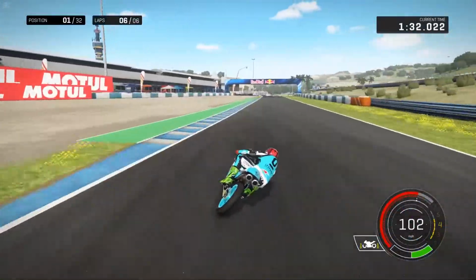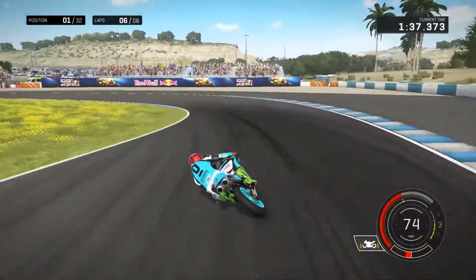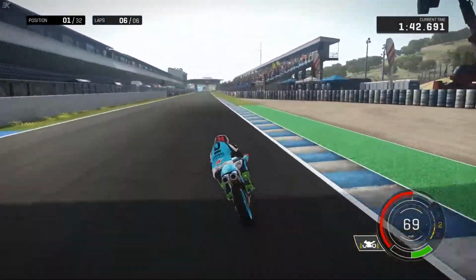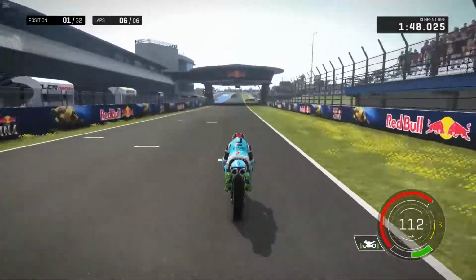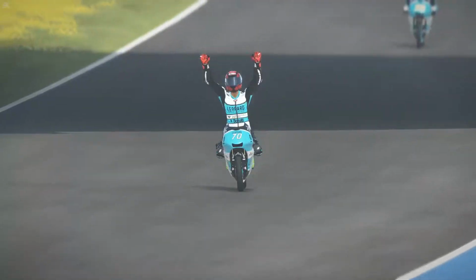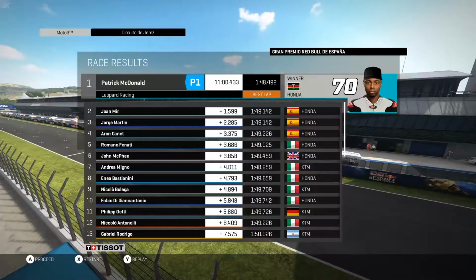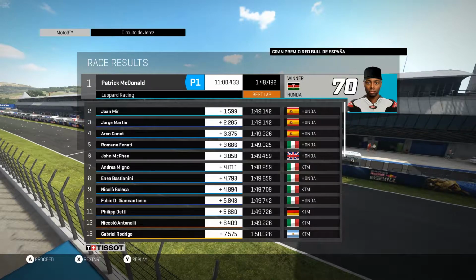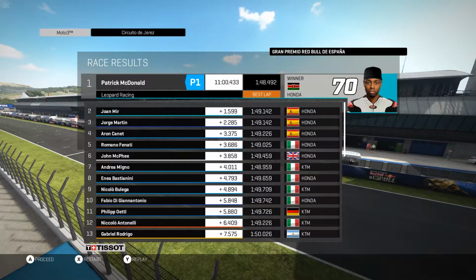Since the green flag dropped, since the lights went out, he has been making moves. And he just rode immaculately. He needed this race after what happened in America. And for Patrick McDonald, he has delivered his first win in Moto3, his first win with Leopard. What a race through the field from 15th. As he wins by 1.5 seconds ahead of Mir, done the fastest lap again. Just immaculate from him, with Martin in 3rd, Canet in 4th, Fenati 5th, McPhee 6th, Migno 7th, Lazzarini 8th, Bulega